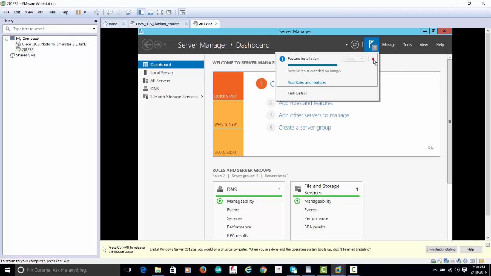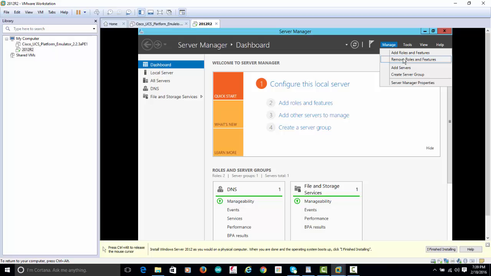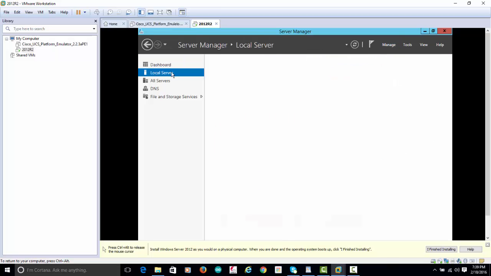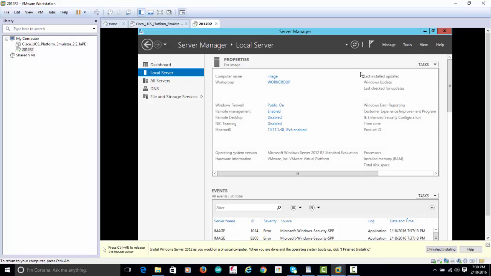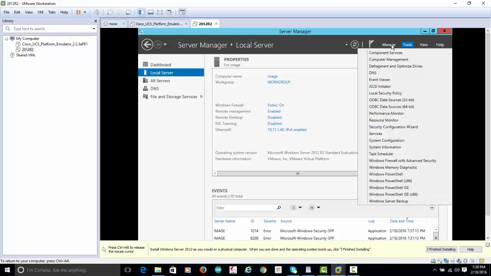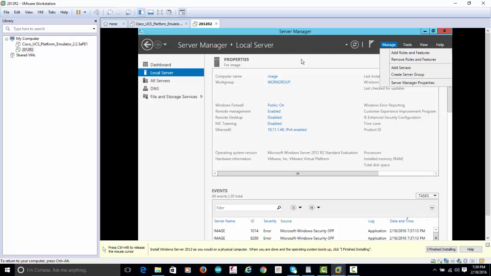Looks like everything's good on the tasks. Looks like it doesn't need anything else. So we can proceed. And let's see, I believe we probably can install the DHCP server now as well, which I don't see any issue with doing first. Oh, you know what? Let's just go ahead and add the Active Directory instead. We'll add DHCP afterwards. So I'm going to go ahead and go back to Manage, Add Roles,